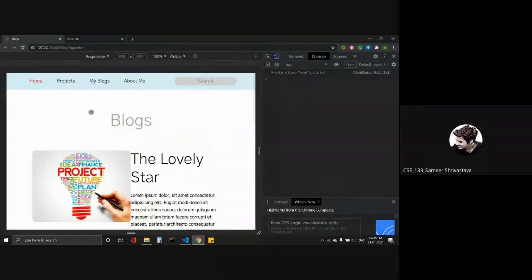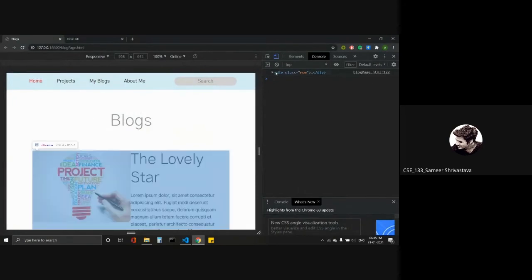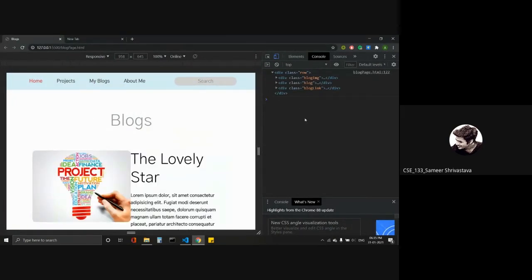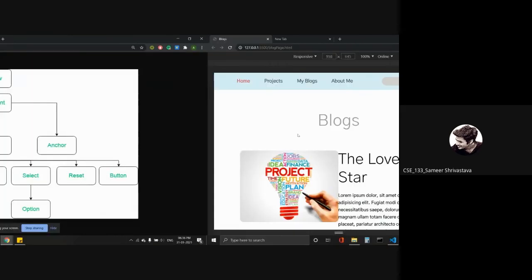You can relate it like this. When you talk about ID and when you talk about class, ID is something which is unique, right? You give a unique ID for an element, and in a whole document the ID is going to be unique. When it comes to class, you can give the same class to multiple elements.